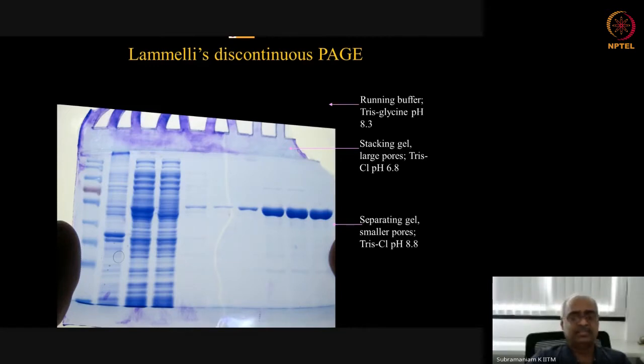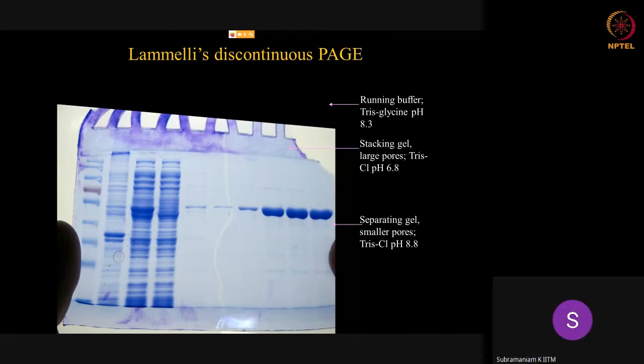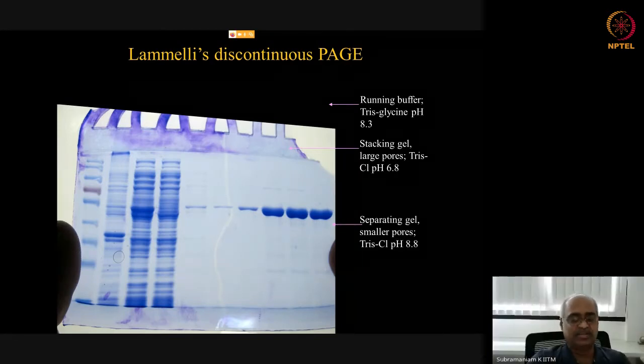And the charge provided by the SDS is a lot more than the charge on the protein, and due to that the net charge of the protein is negligible, and the final charge is actually the negative charge produced by SDS. So after this treatment, the charge of a protein depends on its size, because its size determines how many SDS molecules will bind. So if you take a ratio of the charge by mass, that is going to be